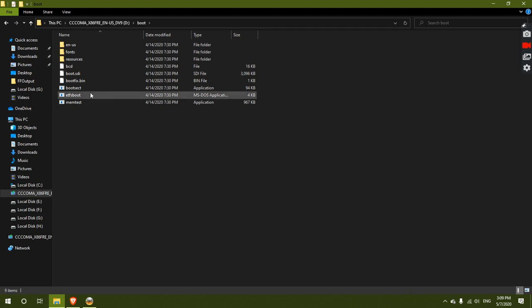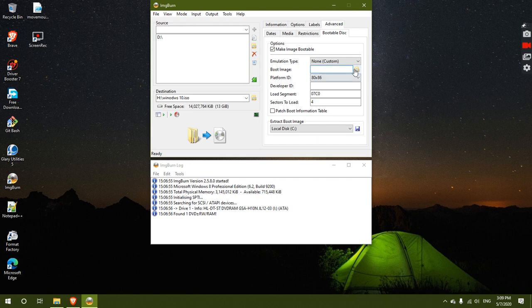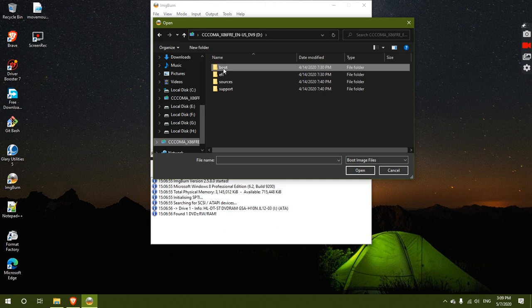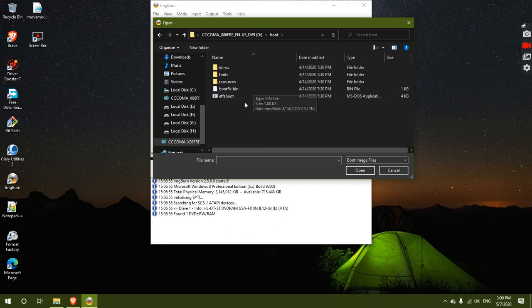In the boot folder you need to select this file, that is etfsboot, which is nothing but an MS-DOS application which is responsible for starting the installation of Windows 10. So I am going to select this file. Click on browse, select your bootable pen drive, double click on boot folder, select this etfsboot.